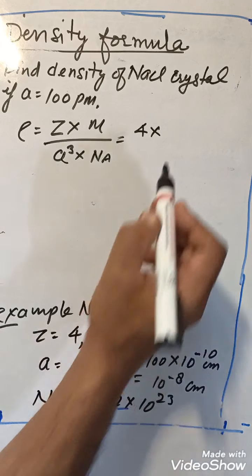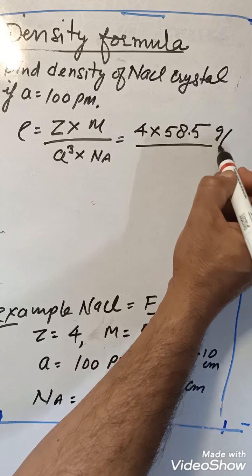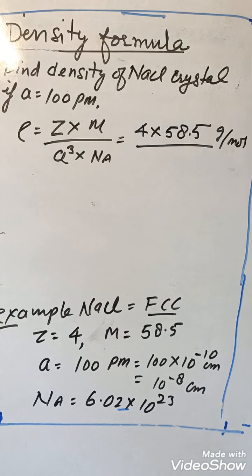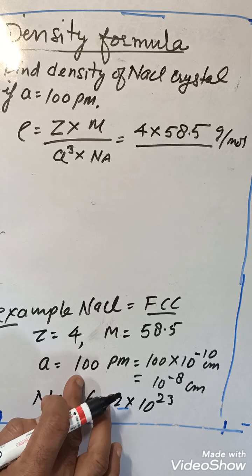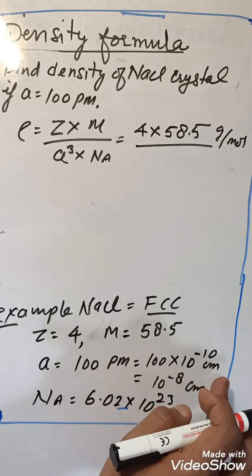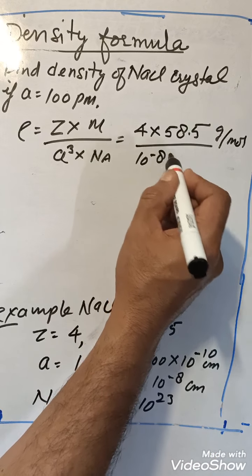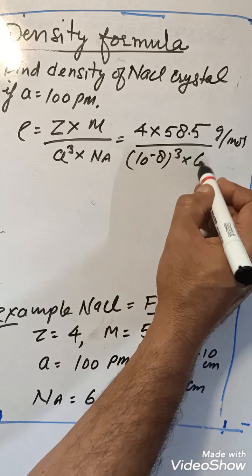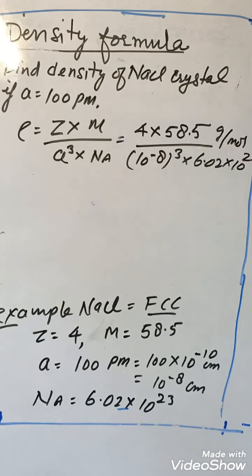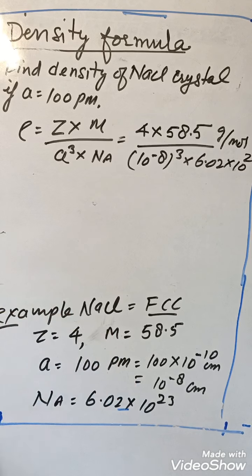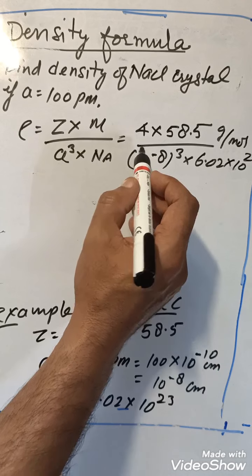And molar mass is 58.5 gram per mole divided by A cube. A cube is 100 pm. So it will be 100 into 10 minus 10 centimeter, that is 10 minus 8. So it will be 10 raised to power minus 8 whole cube into 6.022 into 10 raised to power 23 moles. So it will be centimeter cube, and